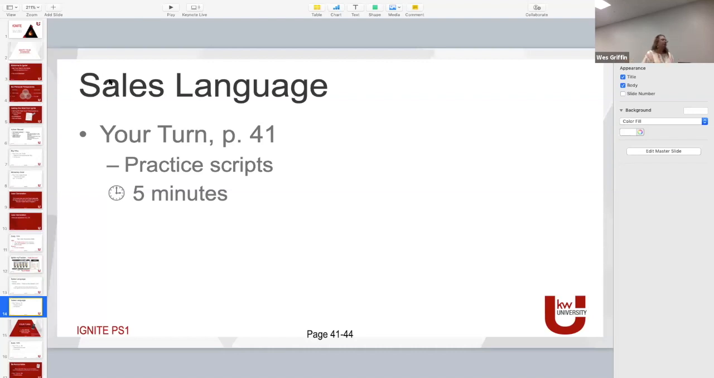How many of you have heard of Ford? The Ford script. So Ford is,